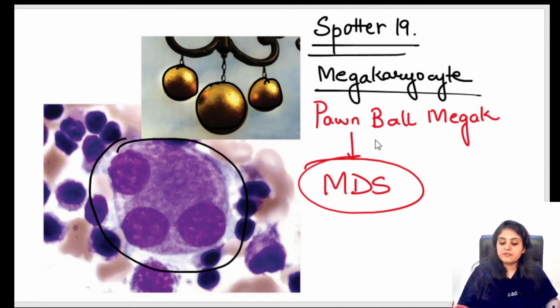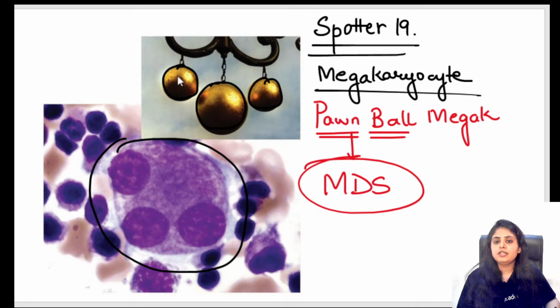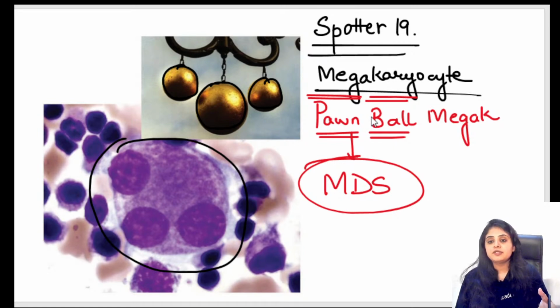I hope that's okay with everyone. No confusion. All good. Now you'll say, ma'am, what is the reason for calling it pawn ball? What are these three things telling you? So pawn ball is a shop which is very famous in UK, and it's also famous in India, but not by the name of pawn ball. Basically, it's where you keep your household items or your gold or your jewelry, and you get money in return. That barter shop where you keep your personal belongings and they give you money on loan,